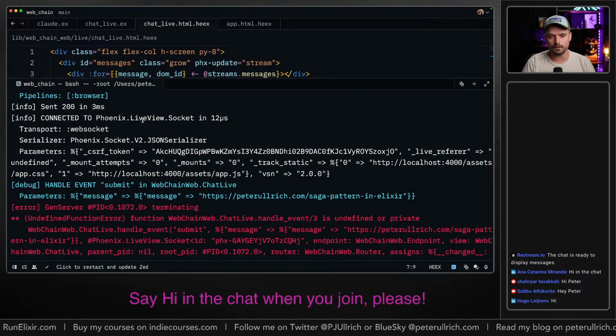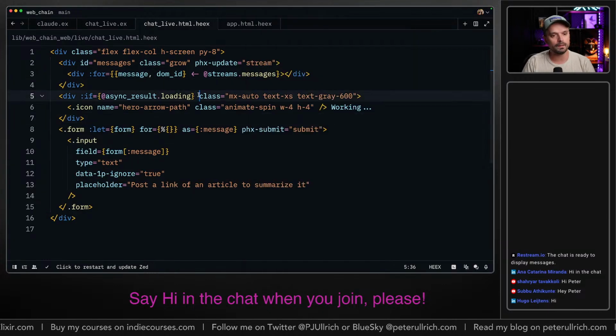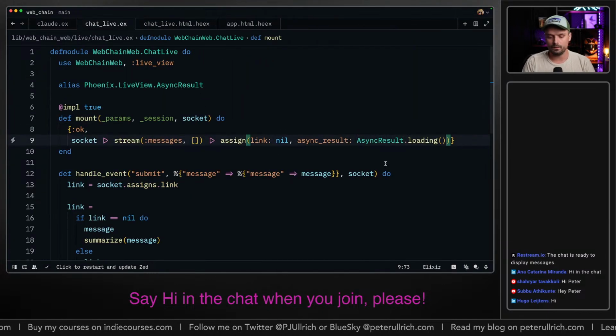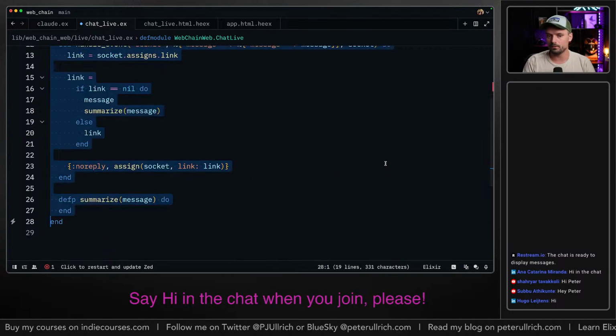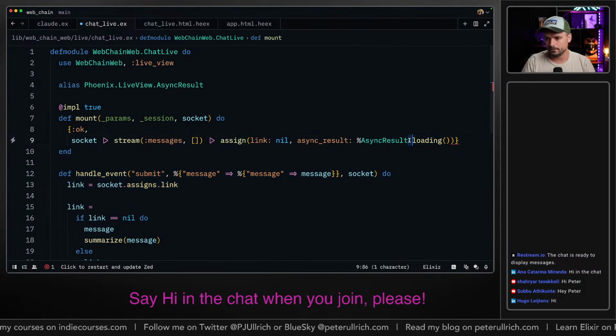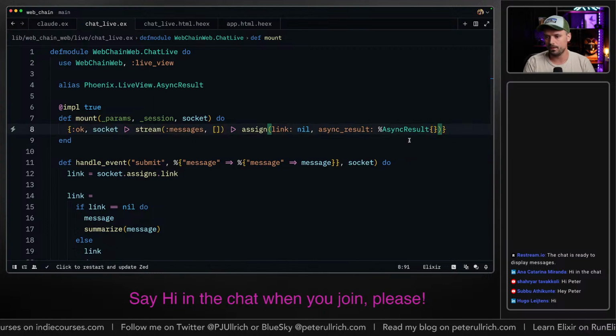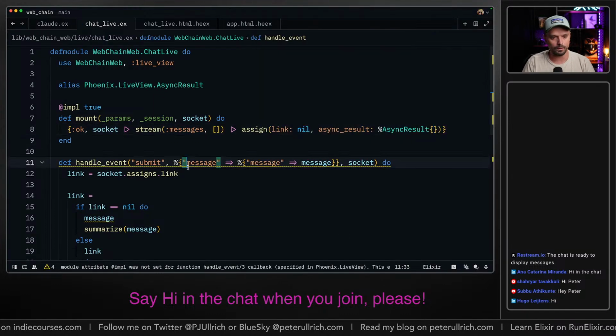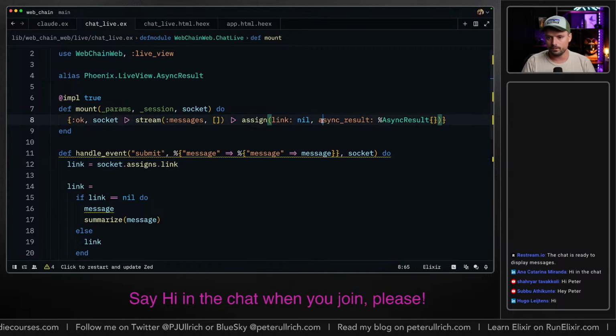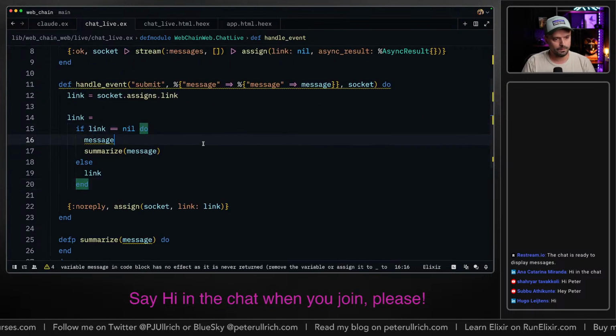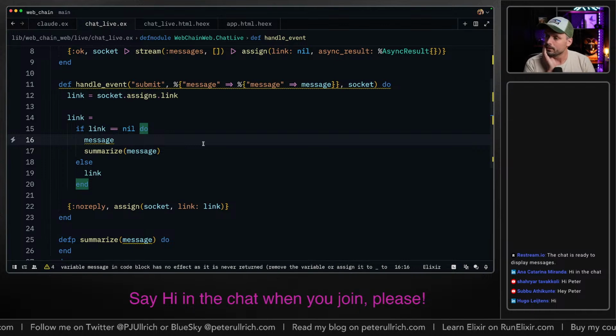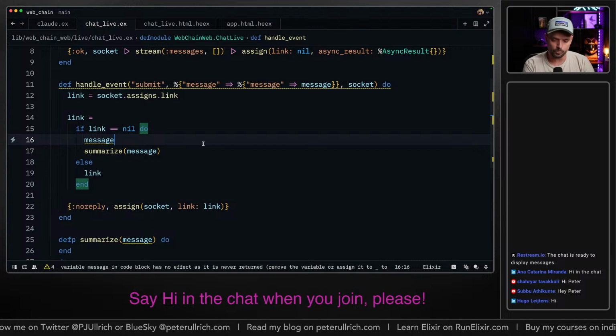So that way we can now assign, like in the beginning. Oh, damn it. All right, so in the beginning it's not working. So what happens? Let's see. When we receive our first message, it's going to be our link. So we want to retrieve it. We want to use Readability for fetching it, and then we want to send it to Claude. And ideally, we also want to stream the results.